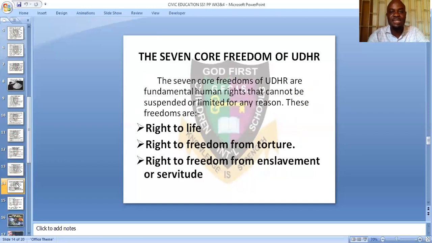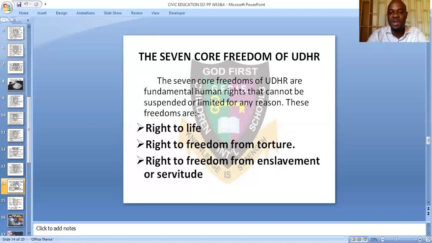We move to the next slide, which is actually supposed to be for week two, but I'm adding it so that we can flow with the topic. Okay, the seven core freedoms of UDHR. The seven core freedoms are fundamental human rights that cannot be suspended or limited for any reason. And those freedoms are: one, right to life; two, right to freedom from torture;